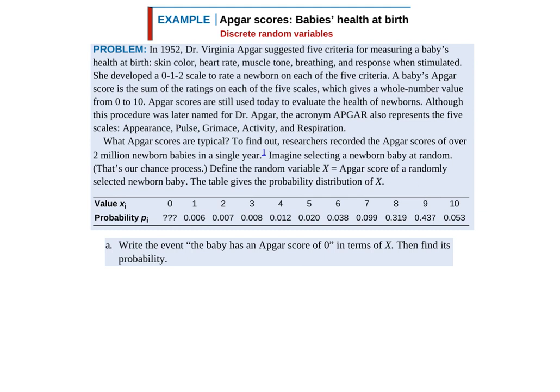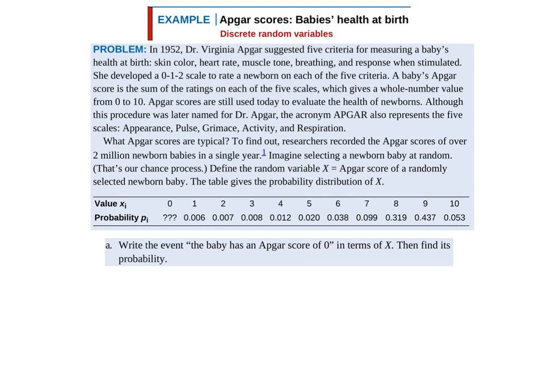So imagine selecting a newborn baby at random. That's our chance process. Define the random variable x as the Apgar score of a randomly selected newborn baby. And then this table gives the probability distribution of x. So we've got 0, we don't know what 0 is, 3 question marks. Remember, this is a sum of all of those categories, so appearance, pulse, etc. So if they only got a total of 1, that's 0.6%, 2 is 0.7%, etc., all the way down to 10, which is about